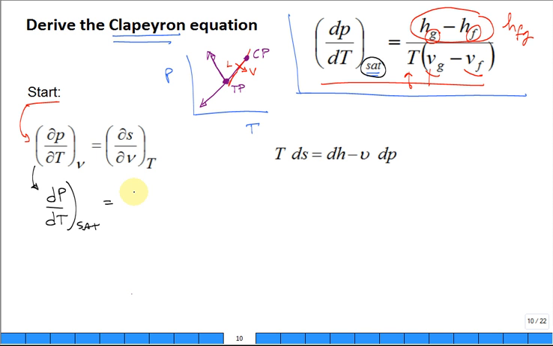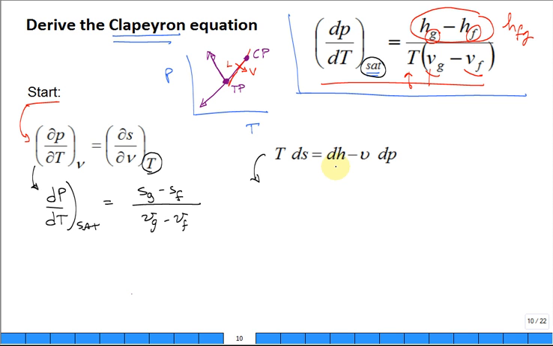How about over here? Well, we're going to go from saturated liquid to saturated vapor. So S of G minus S of F, how much that changes with respect to V sub G minus V sub F, how much the volume changes at constant temperature, at that temperature in which it's changing. That's how far you take this first equation. Now you jump over to this equation, the TdS relationship. We want to use both of these and combine them to get the Clapeyron equation.